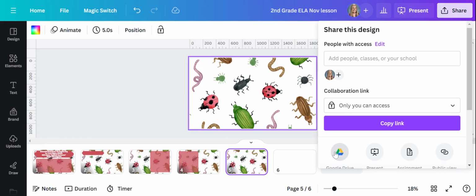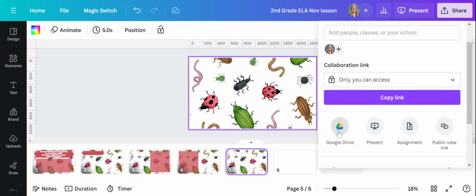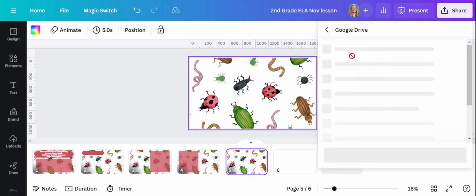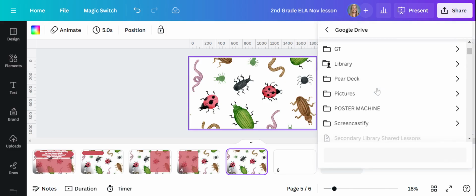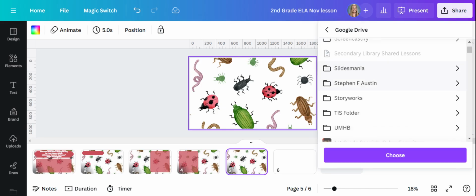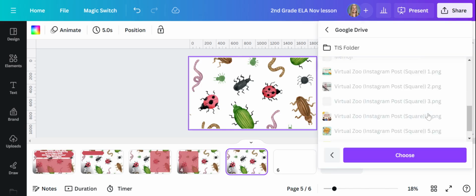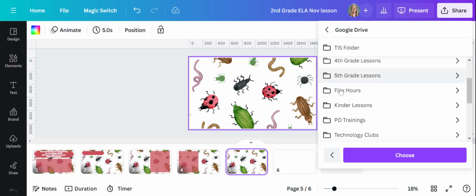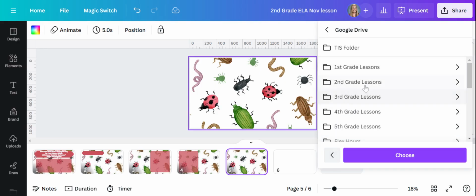then I will go ahead and download it to my Google Drive. I personally like to create a folder that's specific for any of these backgrounds. So I have it under my TIS folder, and then beneath that I have, again, specific grade levels. So since this is being made for second grade, I would place this under my second grade lessons and then select choose. Once I do that, I'll go to my slide presentation that I've already created for the same lesson,